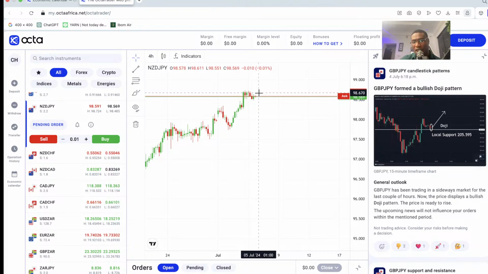And yes, you can't really be certain, but you're able to predict, right? There are strategies in place, there are tools in place that you can use to predict where the market is going to go. You can't say you're 100% certain, but you're able to predict. Now, if you look at the live trading sessions on the Octa Broker YouTube channel, if you watch my live trading sessions, you'd see that we're able to identify what the market is going to do next. Sometimes we have to wait for the market to give us confirmation.